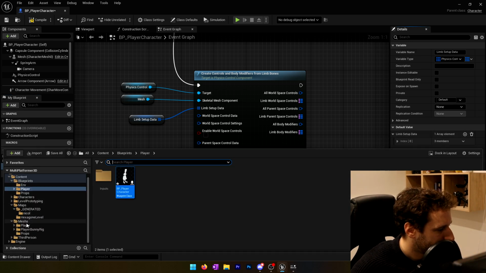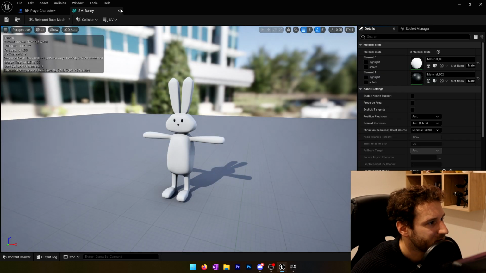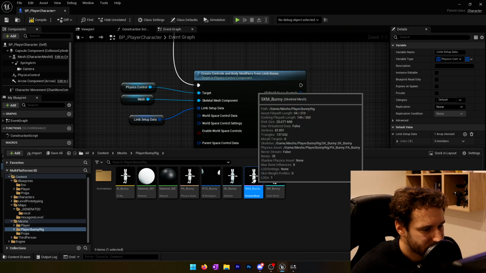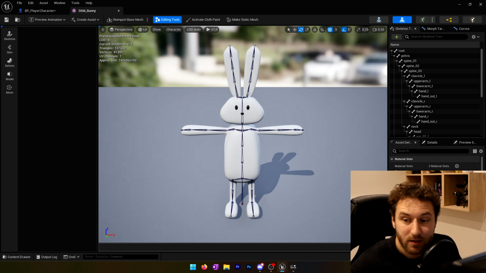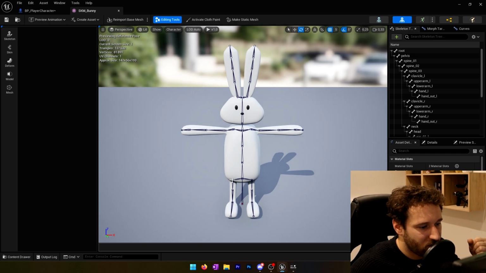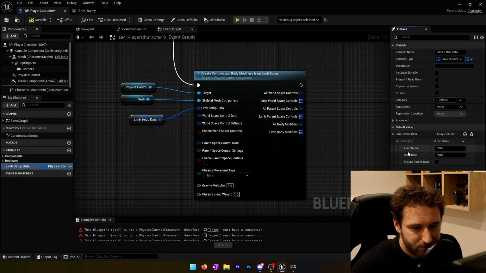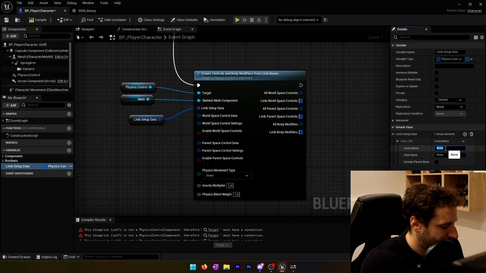For the limb, I will show you in our character, not the static mesh, in the skeletal mesh. The limb will be some part that we want on our character. For example, one limb will be the right legs, another limb will be the left legs, there will be left arm, right arm, the left ear and right ear, the head, and the torso, the spine. So that's what we will set up. First, we will start with the ear,